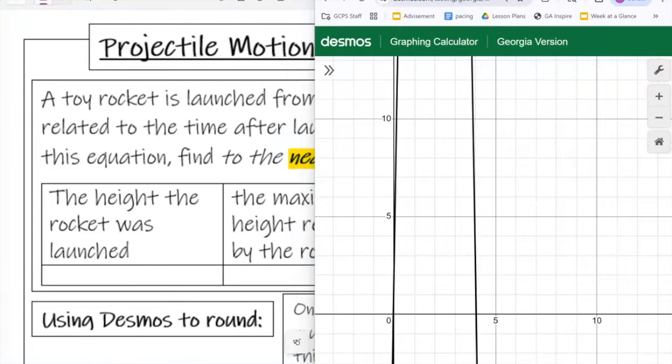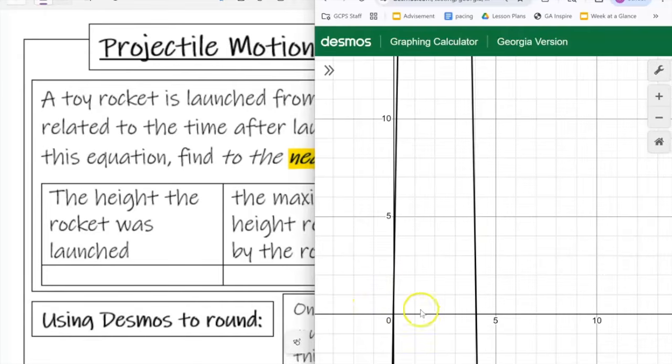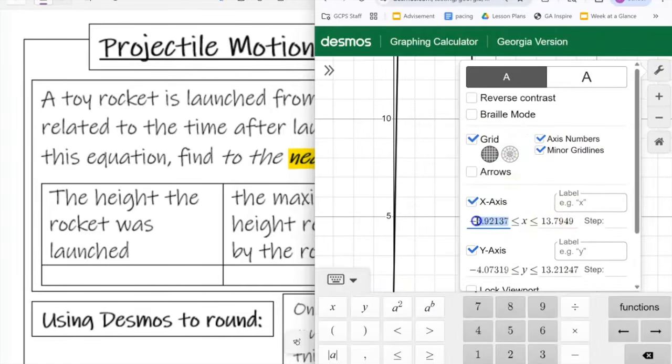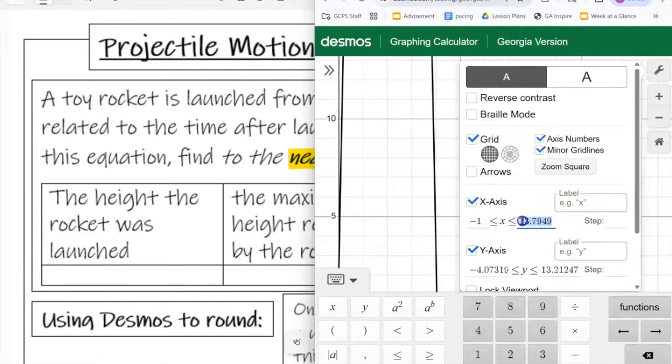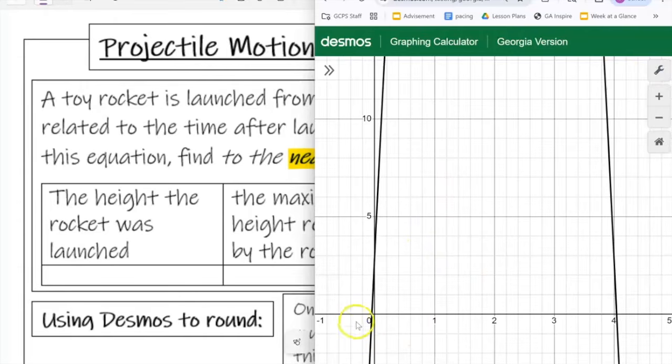And actually, while I'm here, I'm going to show you a few buttons to kind of make this more visible. If you click on the settings, we can tell the Desmos calculator what we want to see. So for example, on the x-axis, let's say I want to see maybe -1 to +5 only, because that's all I need to see on this graph. So I'm going to say, hey, make it from -1 to +5. And you see that all it will show if I click the spanner again is from -1 to +5. It just makes it more